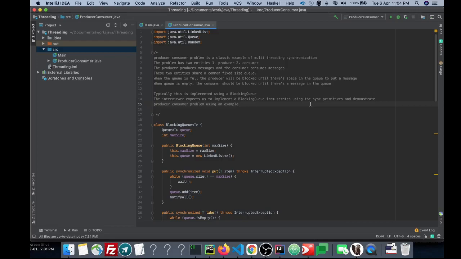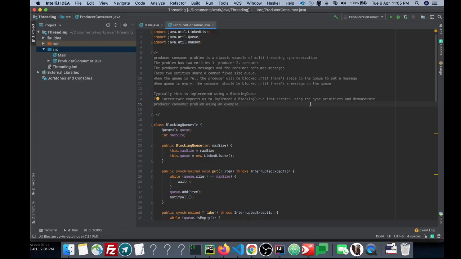So typically this is implemented using a blocking queue. We create a blocking queue of fixed size, and then producers and consumers are running in parallel. They are generating messages and putting them into the queue, and the consumers are trying to read messages from the queue and process them.